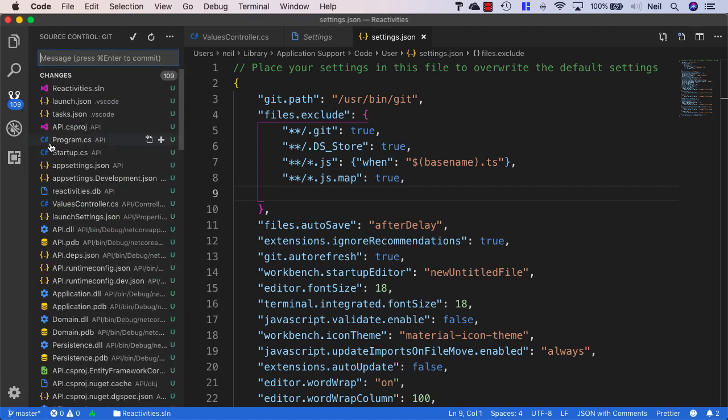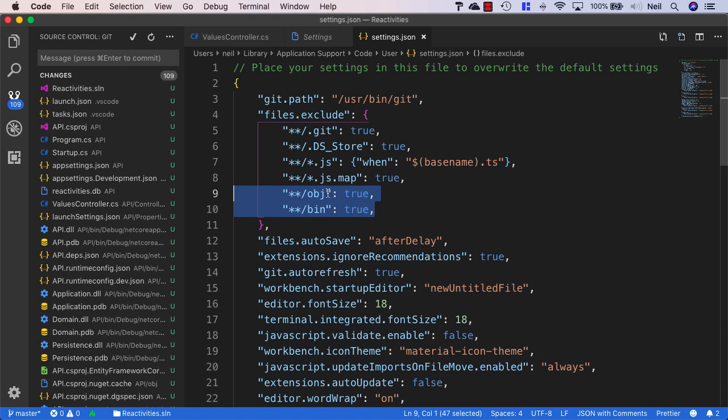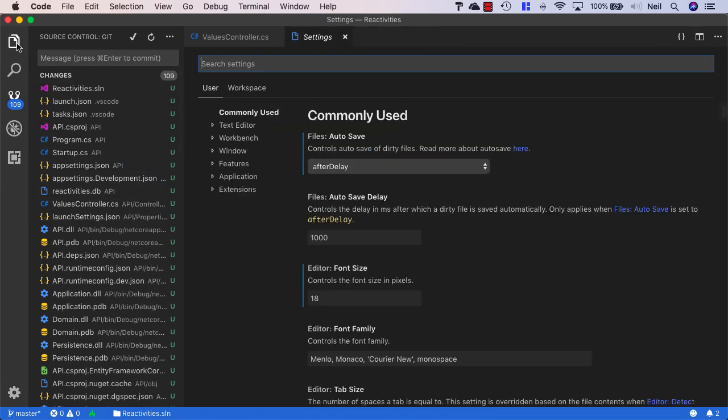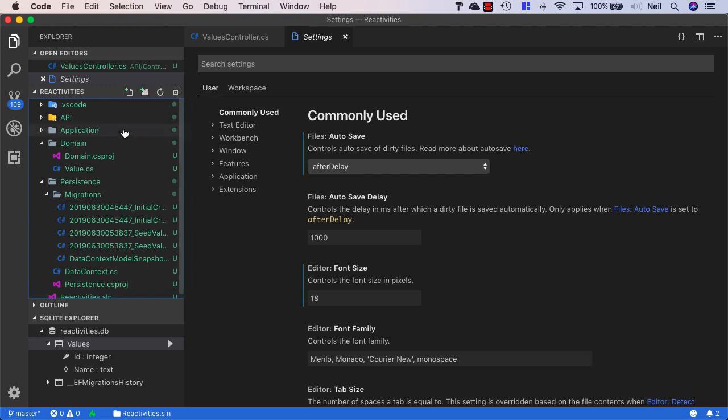control. And if I look at my source control tab, I can see that we've got the contents of our bin folder and our object folder as currently untracked changes. Now we don't want to save those into source control, and I'm just going to exclude those folders again, as I prefer not to see them whilst I'm developing an application. But we also want to exclude them from our Git repository as well. So what we can do, I'll just go back into Solution Explorer again,